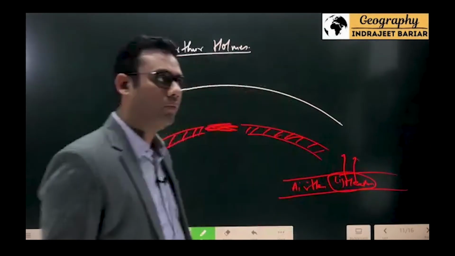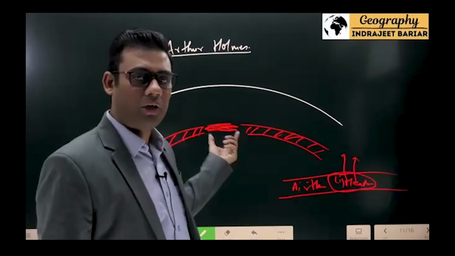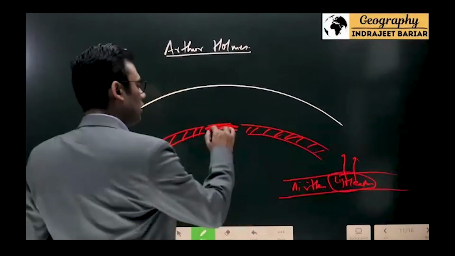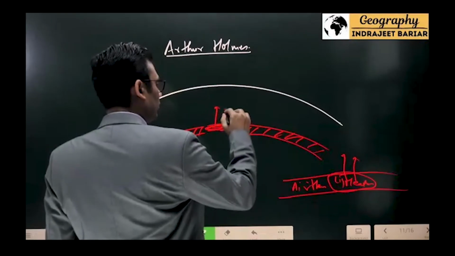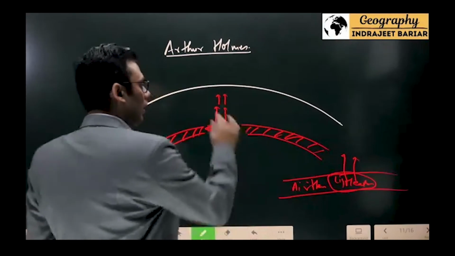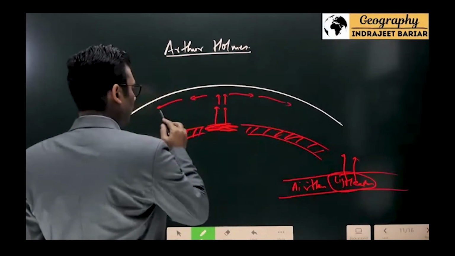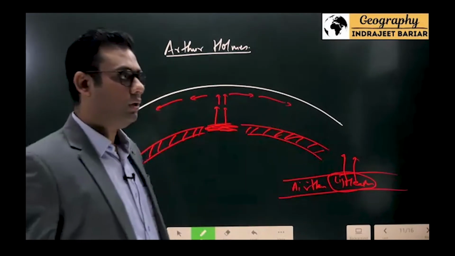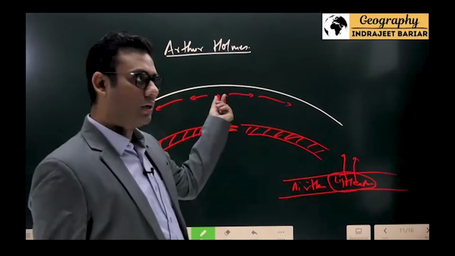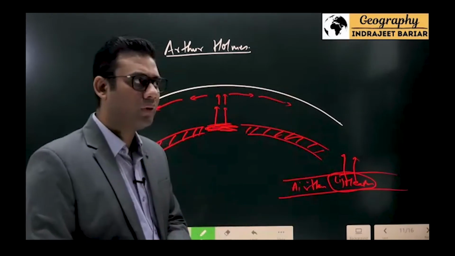Similar to the hot air balloon, here this is a heated material, molten material. It starts rising from here, and underneath the crust, it spreads out. Eventually, as this is rising and spreading out, it is constantly losing heat.